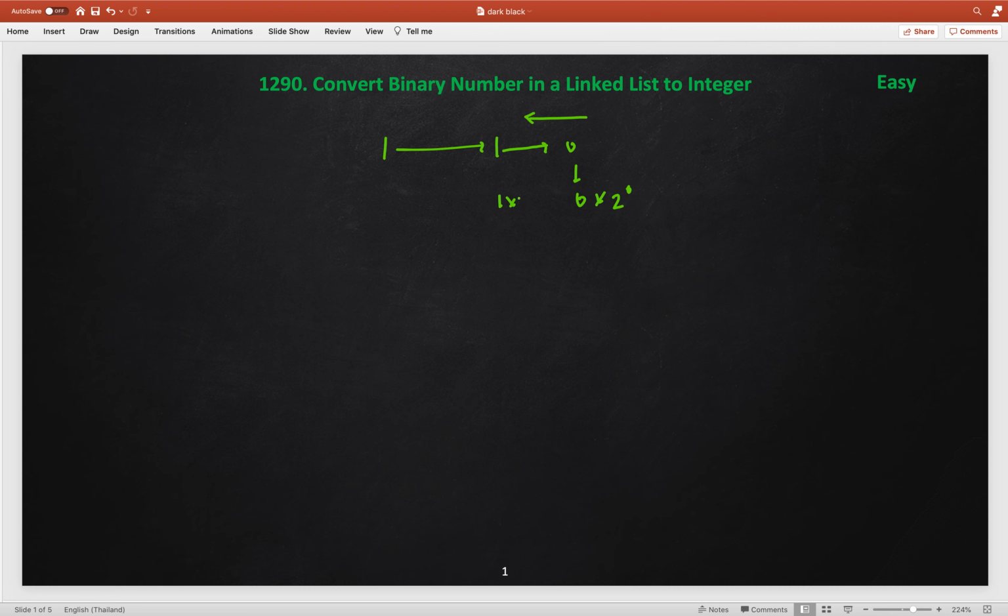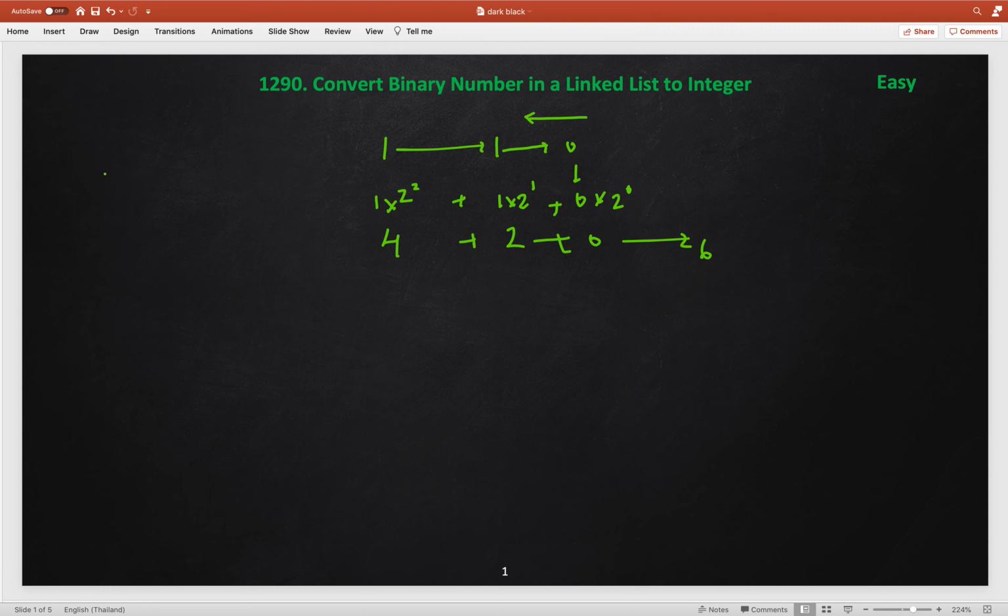So 1 into 2 to the power 1, and here 1 into 2 to the power 2. So this will become 4 plus 2 plus 0, which is 6 in decimal. So if we know the bits from the least significant bit to the most significant bit, then we can do it by this approach.